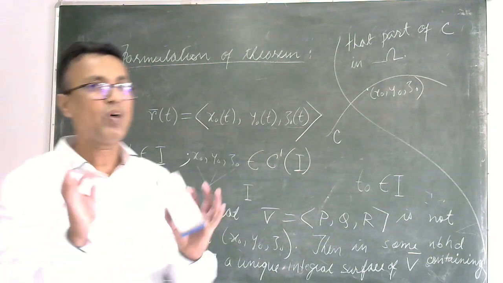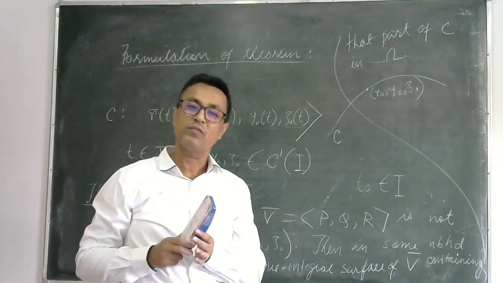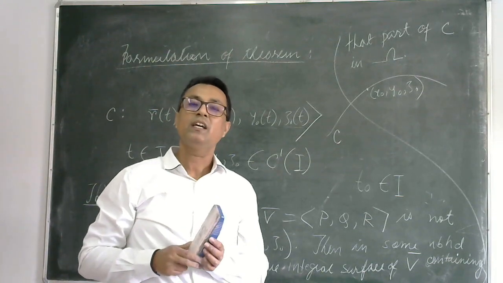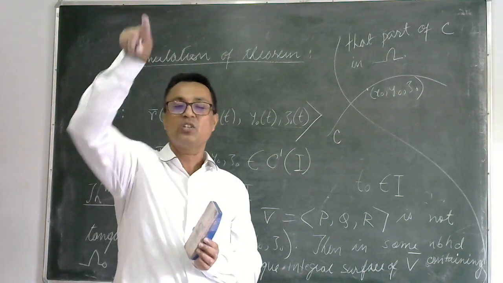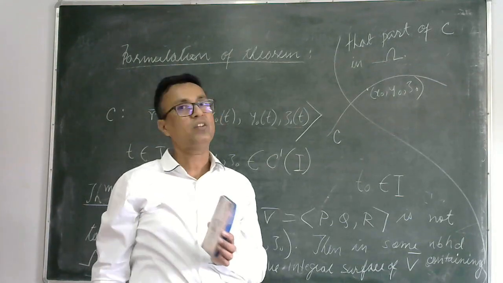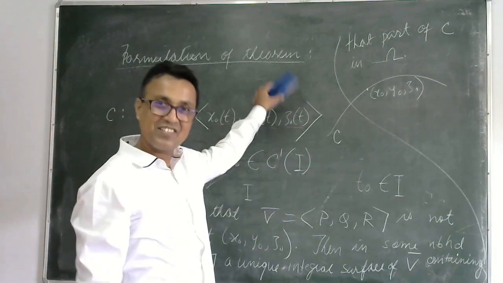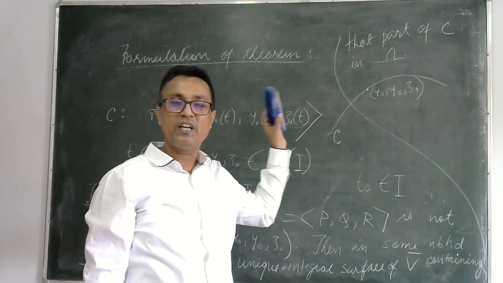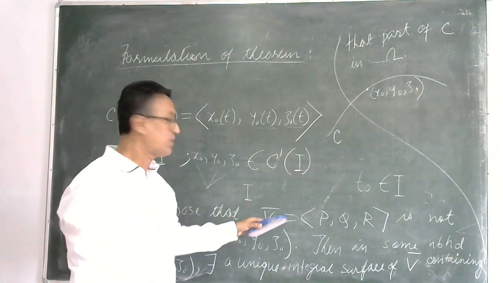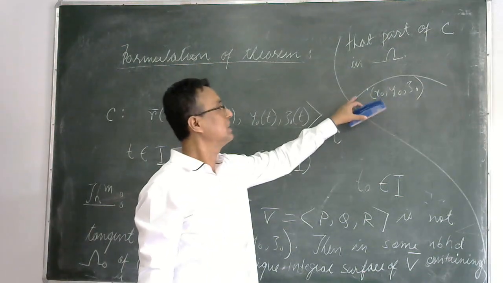See, here, what is being given? We have been given a vector field V whose components are P, Q, and R. Again, we are given a curve C in some region omega in R3 such that it passes through x0, y0, z0, and of course, the curve C has been parameterized as the way I have done it before. Okay. Now, what it is telling you is that this vector V is not tangent at any point of the